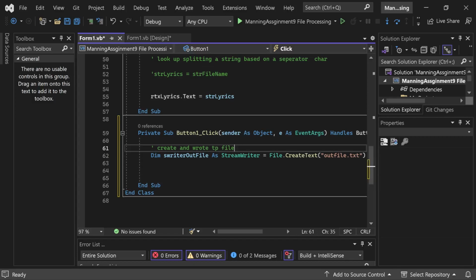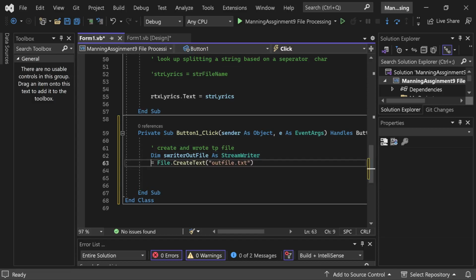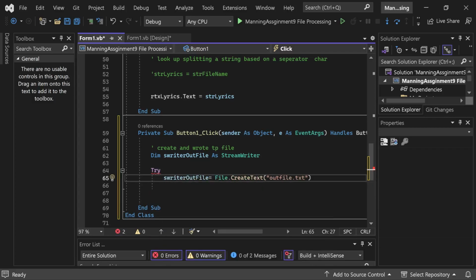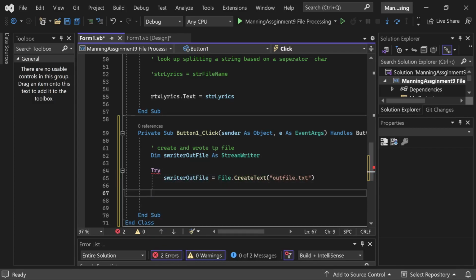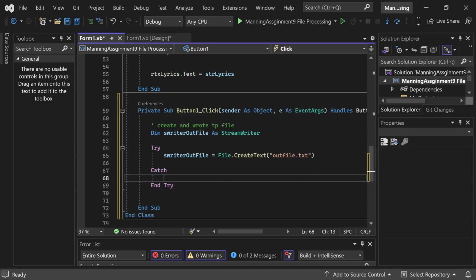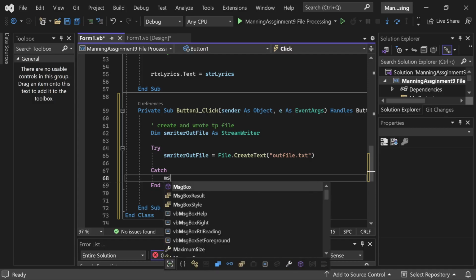Now, one advantage of this is I can do it all in one line, but one problem is, suppose I do have a problem with this. If I put try catch around this, the catch can't see the stream writer output because it's declared inside the try section. So I'll do try, and then swriterOutFile equals file.createText, and then catch. I don't have to put any code here. I could have it do nothing, but typically you want to say something like message box